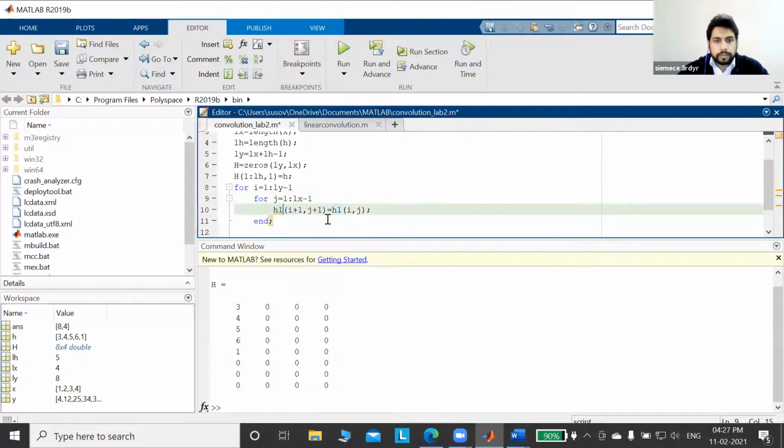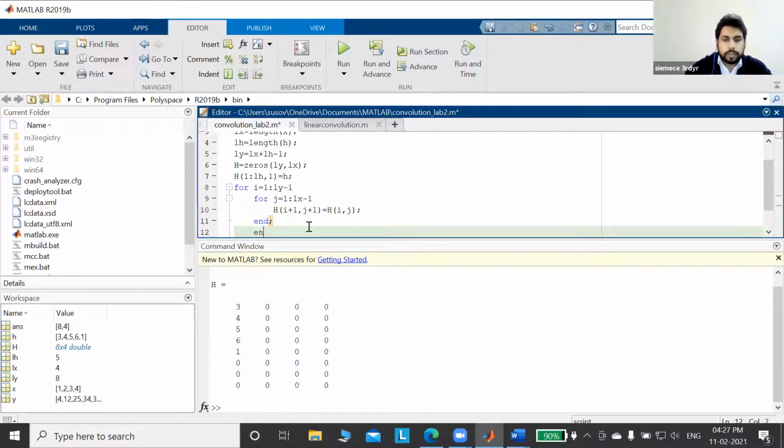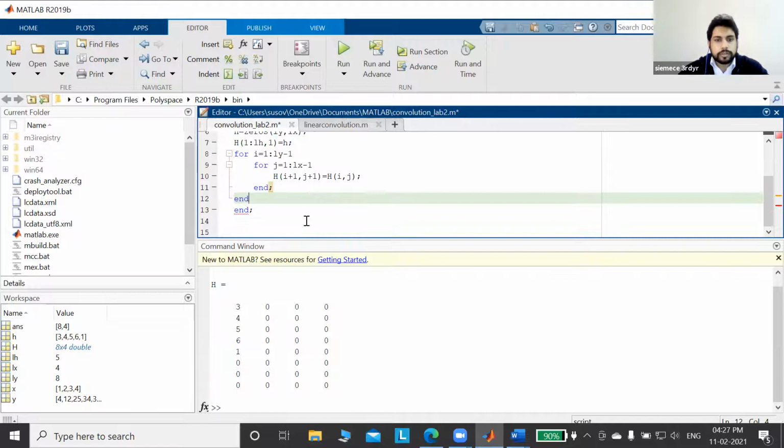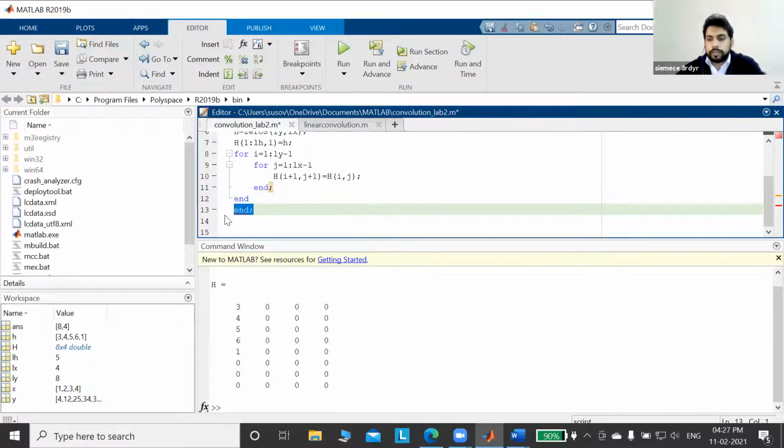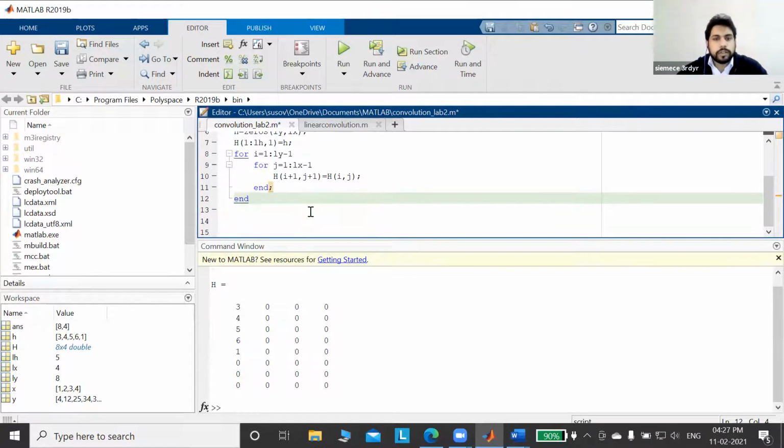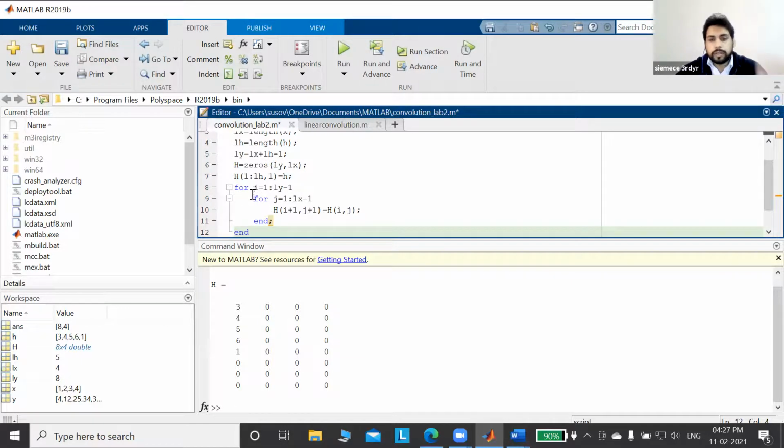I have to modify some part because our variable name is something different. So if we write this, this is the end, another end will be there. Okay, there is already one. So this is a loop within a loop basically.